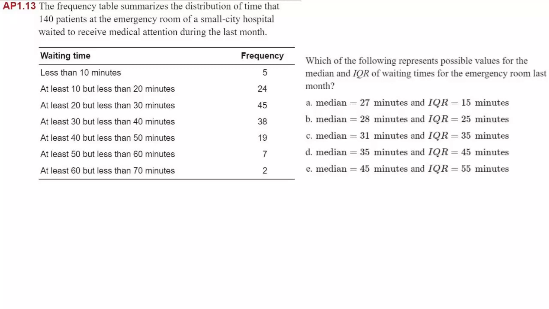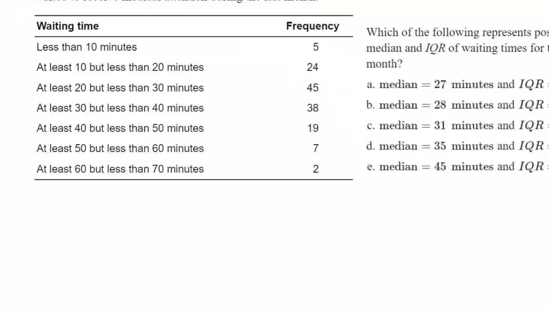The frequency table summarizes the distribution of time that 140 patients at the emergency room of a small city hospital waited to receive medical attention during last month. Which of the following represents possible values for the median and IQR of wait times for the emergency room last month? Okay, so